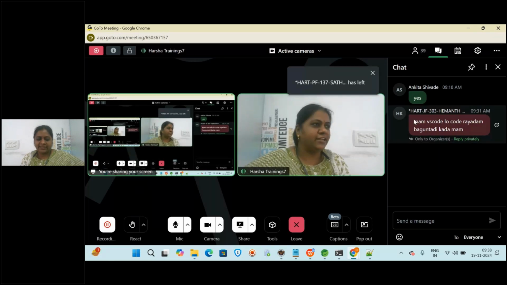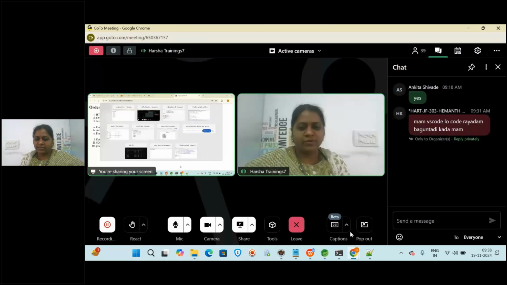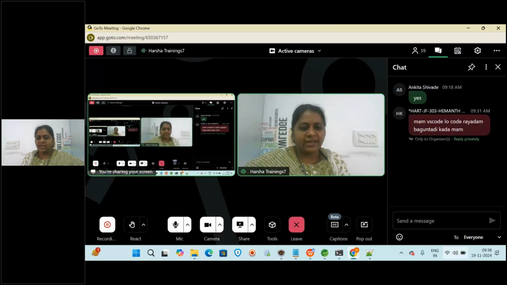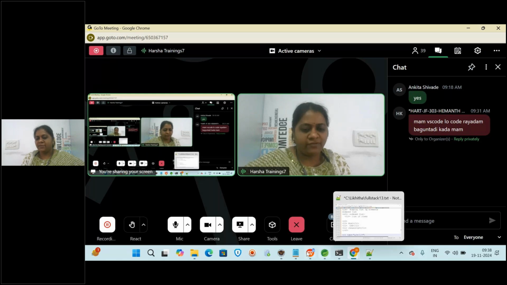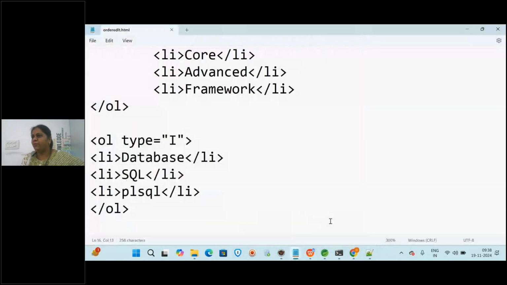Is it understood? So like this we can create an ordered list. Just OL, and then you will be writing what? LI items. So it will be displayed in LI. Okay. So like this you can write the ordered list of items. And here same thing, instead of OL we will be using what? UL. UL is used for what? Unordered list. Okay. So again, in ordered and unordered lists we have nested lists also.